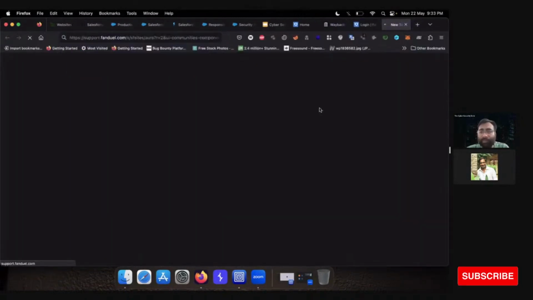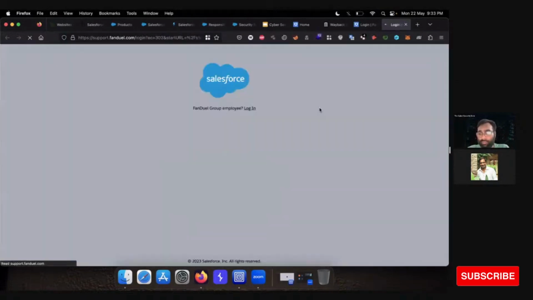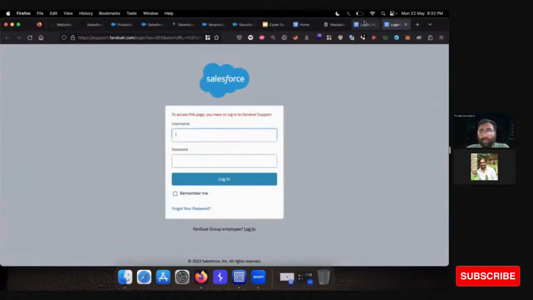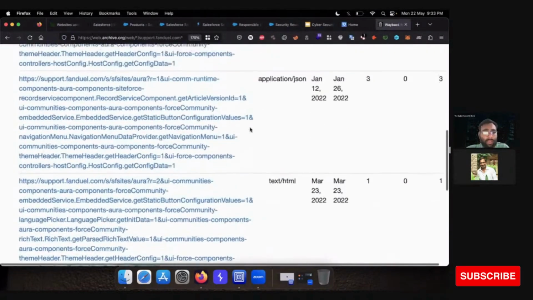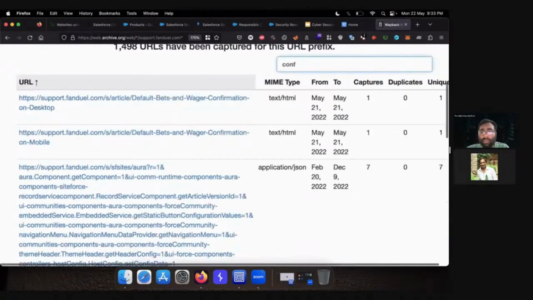This also redirects us to login. Let's use another. All of these redirect to our Salesforce login.